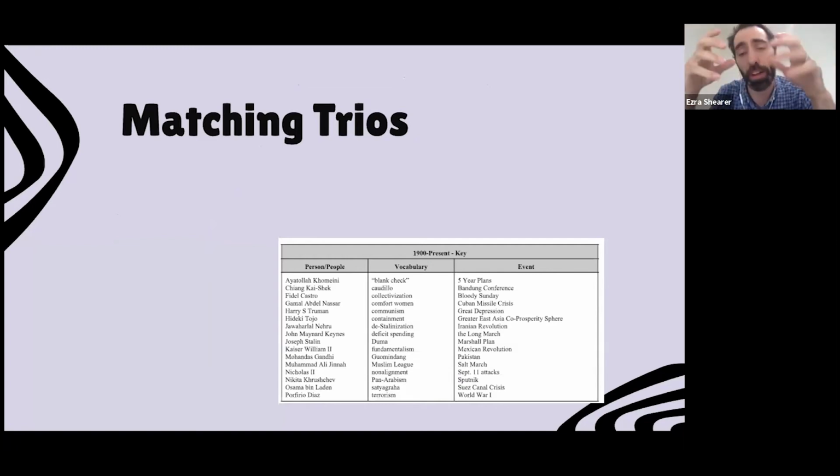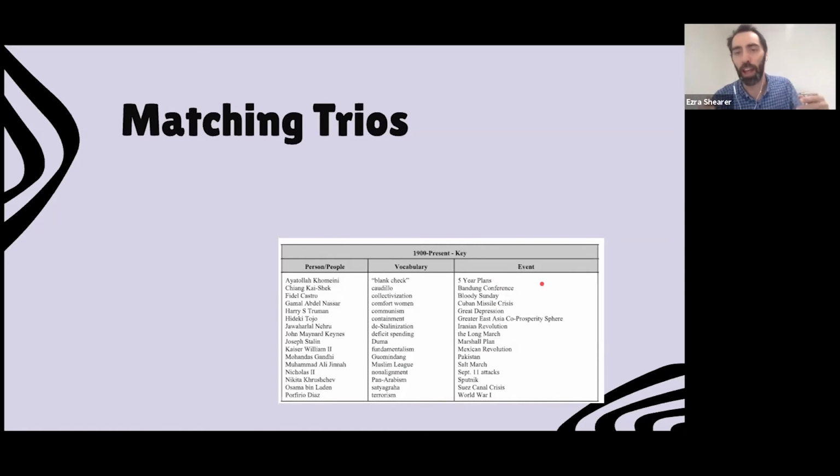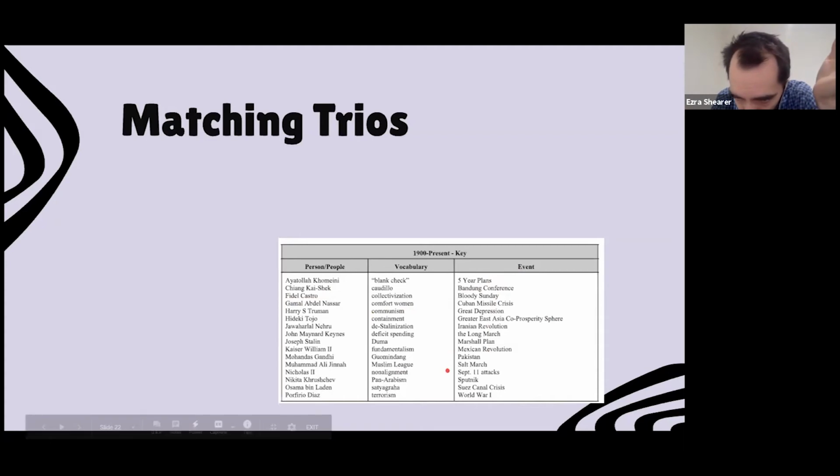Basically, what you're doing is you're taking 3 different sets of terms, and then students have to match them up with one another. So for this example, you have a person, or you have people over here, and then you have a specific vocabulary term over here, and then an event over here. This is an objective set, meaning each term here, like Fidel Castro, has a term here that goes with him specifically. Communism, and then the event might be